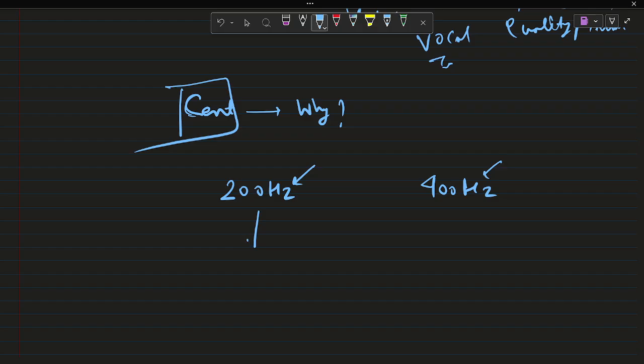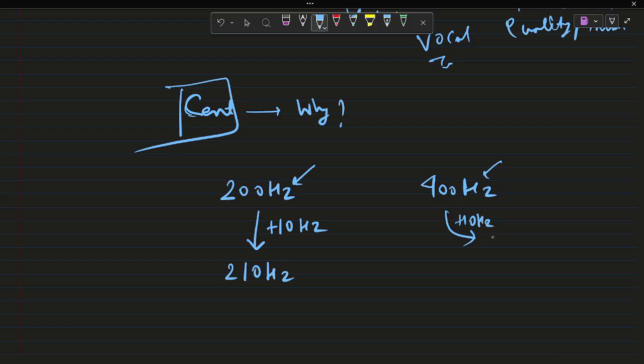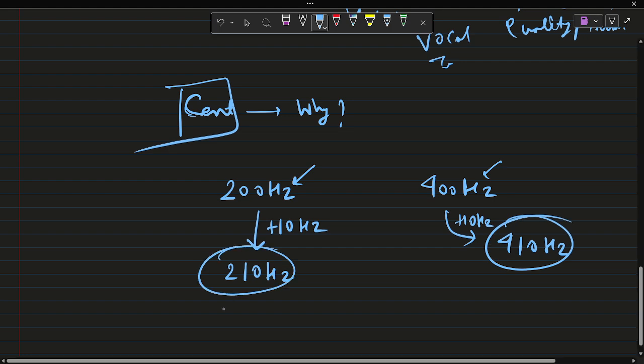Suppose you increase the frequency by 10 hertz from here as well. You will get 210 hertz, and if you increase the frequency of this note by 10 hertz, you will get 410 hertz, right? But in our ear,